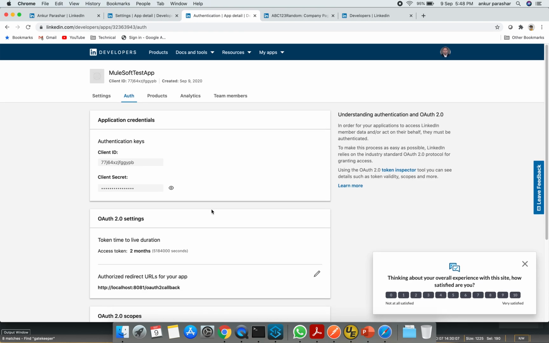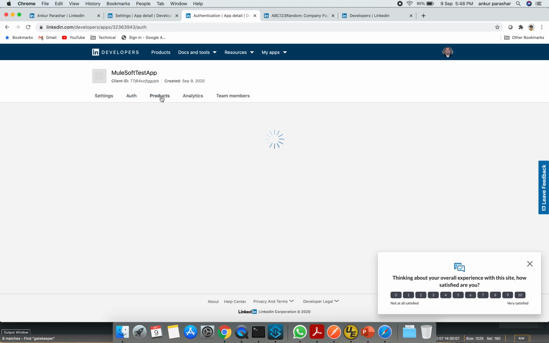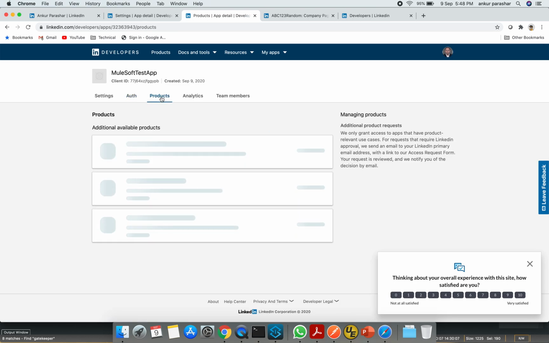Once this is done, make a note of the client ID and client secret. You can click on this sign and it will show the raw client secret. Save it somewhere, in a text pad or somewhere.